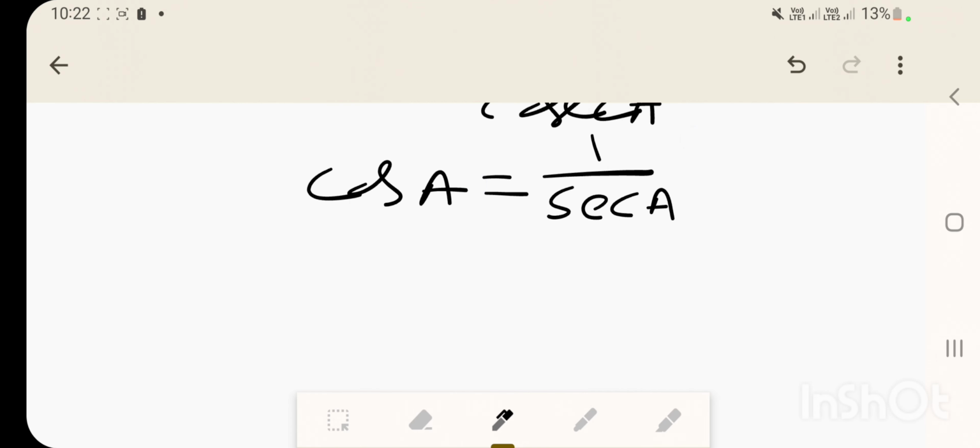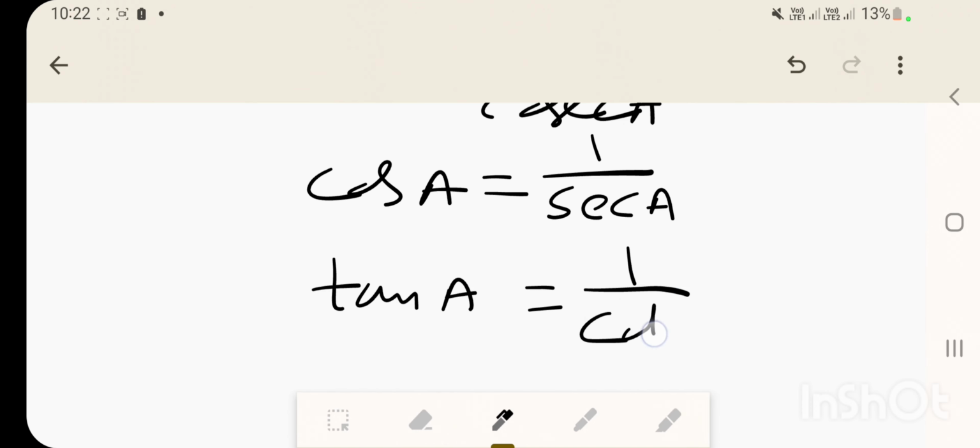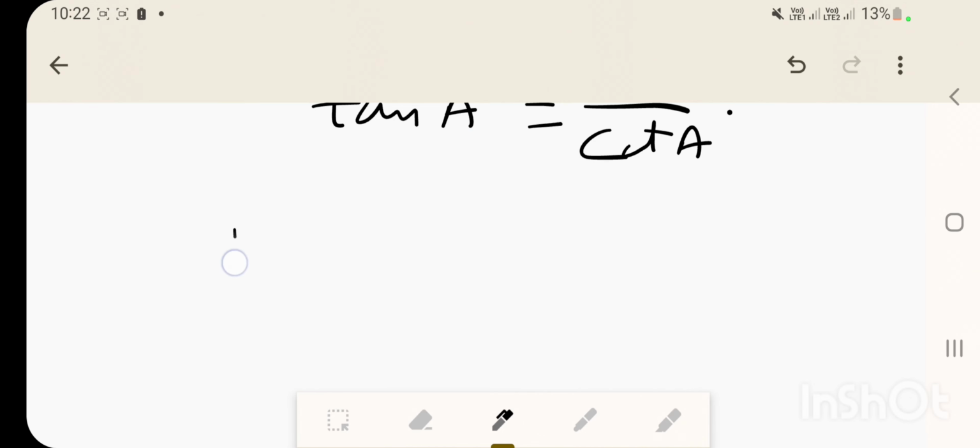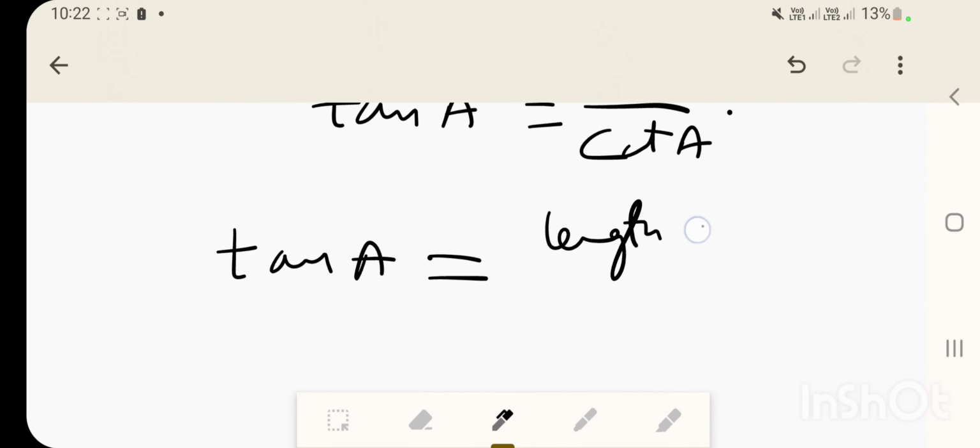And tan A is 1 by cot A. Remember these ratios. And tan A is nothing but